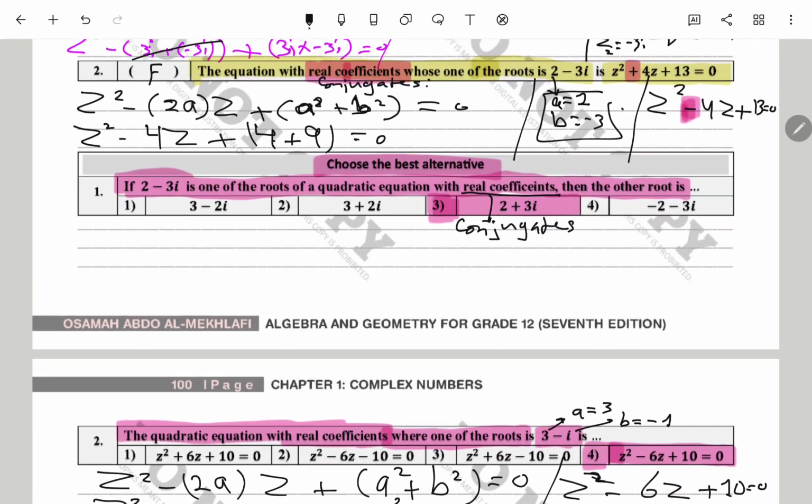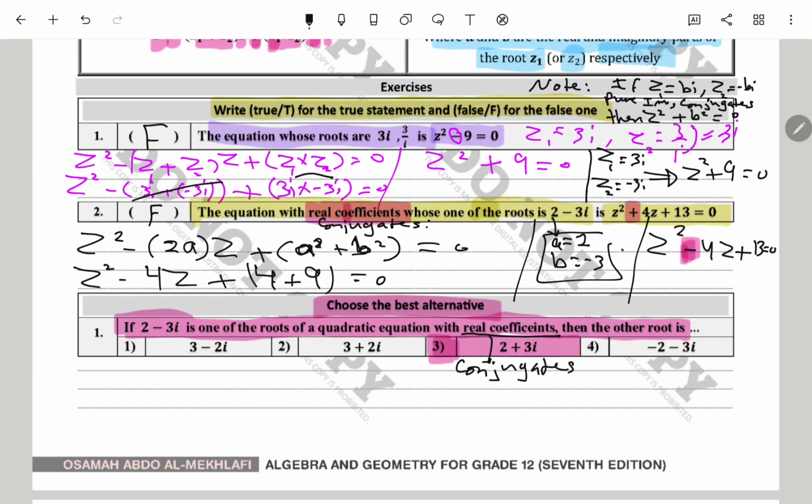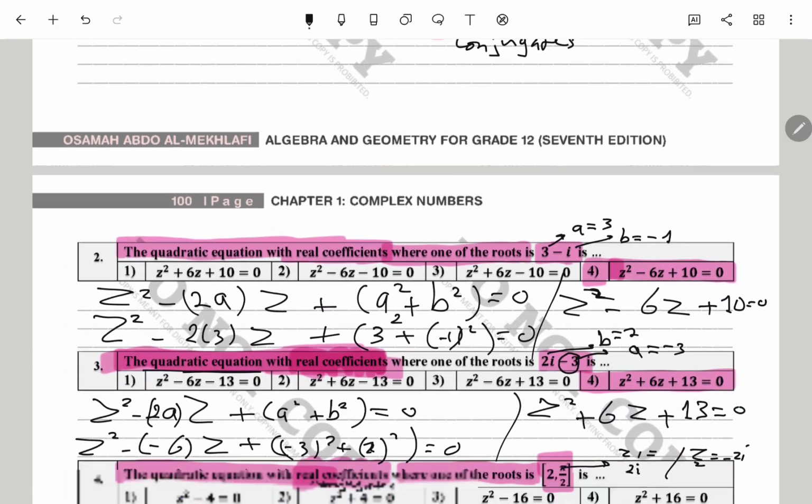So I can apply this rule, which says if you have z equals bi and z equals negative bi, then if they are imaginary and conjugates,